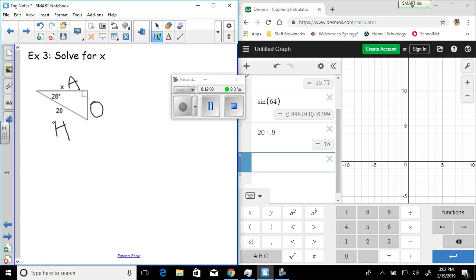So we have a number on the hypotenuse. We got the x on the adjacent. So we aren't going to use the opposite here. Remember our saying, we have SOH, CAH,